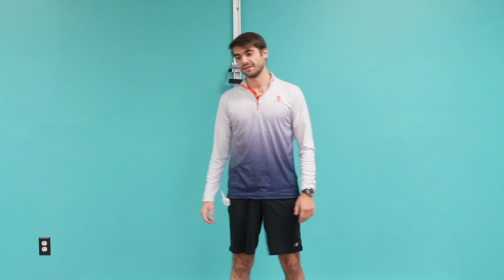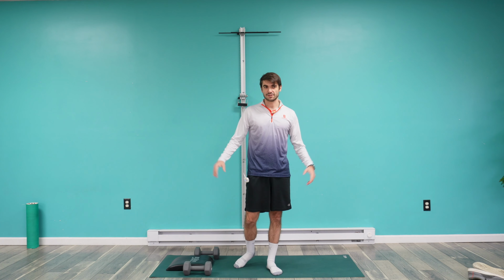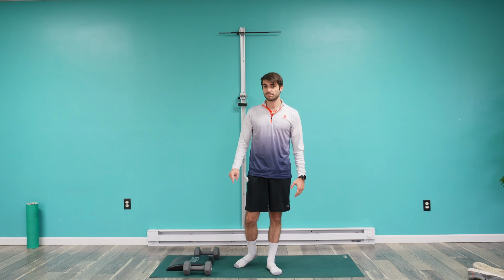Front foot elevated split squats. That's what we're doing today. I'm Dr. John, and we're gonna break this exercise down. So, what's nice about this exercise is that obviously it's gonna be a good strength building exercise, but we're also